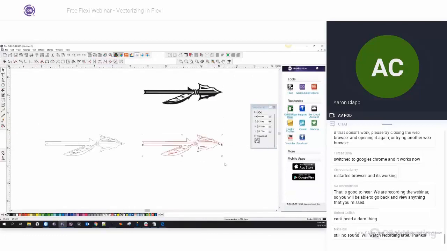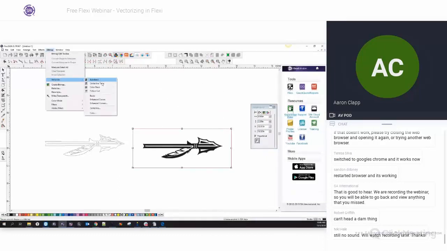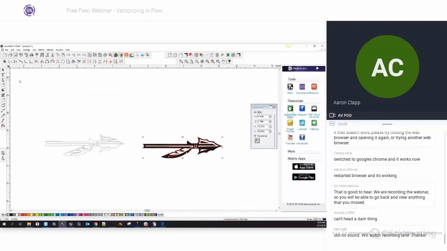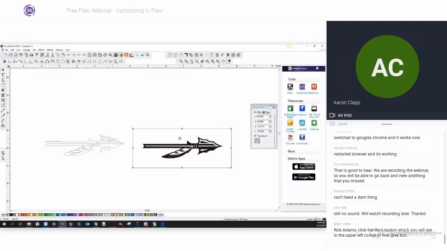So how can I make this a little bit better? Well, I'm going to use one of my other vectorizing tools. The nice thing about the Bezier one is that it will do color and black and white, and you're going to get a lot smoother, easier corners. It's all based off of the Bezier tool, which tends to have very smooth corners. If I click on Bezier, there really aren't any parameters. It just has a pre-configured set of settings that it uses, and that's it. So if I move this up,